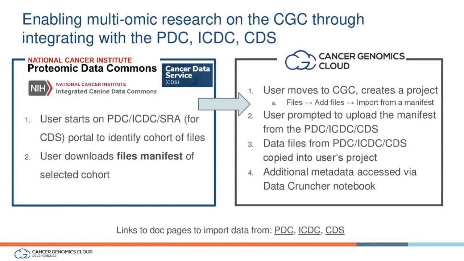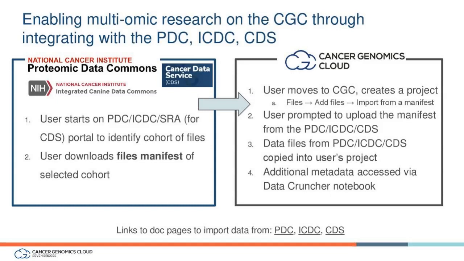So there's another way to link data, which I want to mention. And we worked with some partners at the PDC, ICDC, and CDS. And this is enabling greater multi-omic research. And you can go to the portals on these respective data nodes, and you can build your cohort there. You can do all the filtering that you need there and download a file manifest. At that point, you log back into the CGC, and you can import the files from the manifest in your Files tab inside your